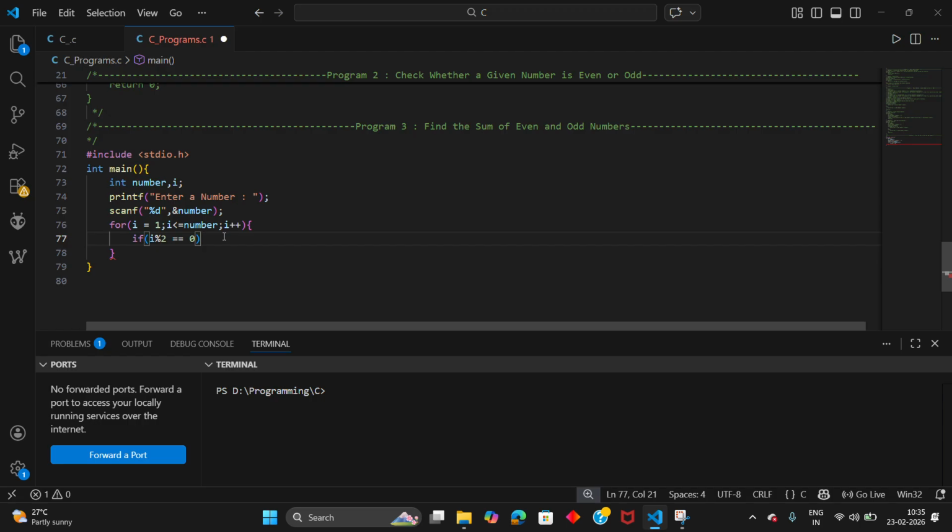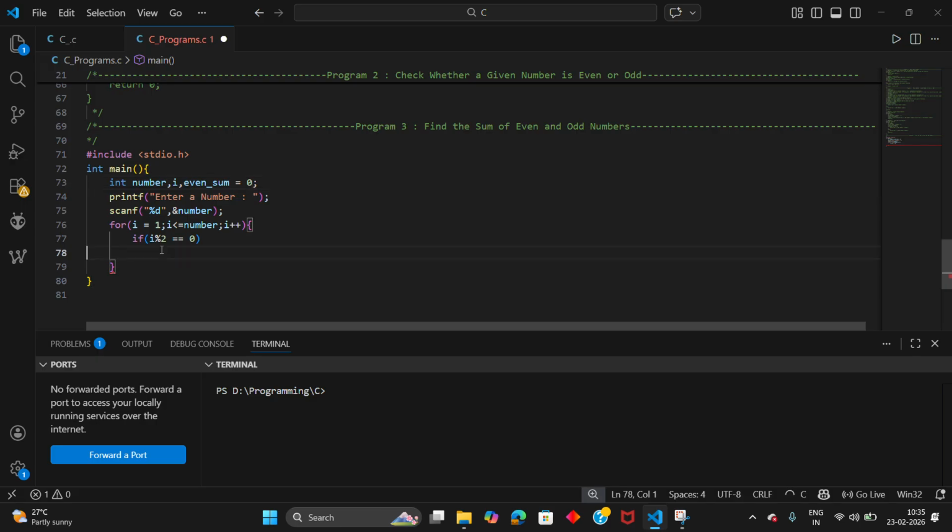If this happens, then we need to take an even sum variable. I'm going to take an even sum variable and initialize it with 0. Why I'm going to initialize it with 0 is that initially the even sum value will be 0.